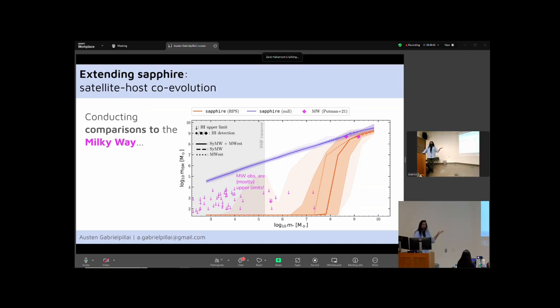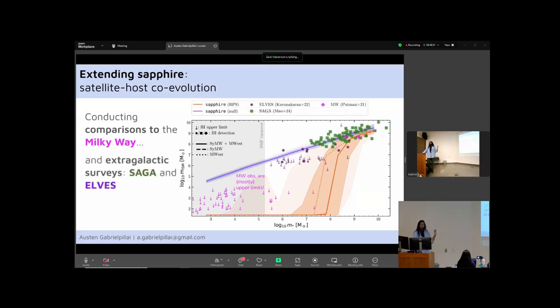We love it. We live in it. But it is effectively one data point. It's one system, right? So we're also doing comparisons by extending it to extragalactic surveys, being the SAGA and ELVES surveys. And this paints now a very interesting picture of these comparisons, where with SAGA, which we're showing in green, we're pretty much matching